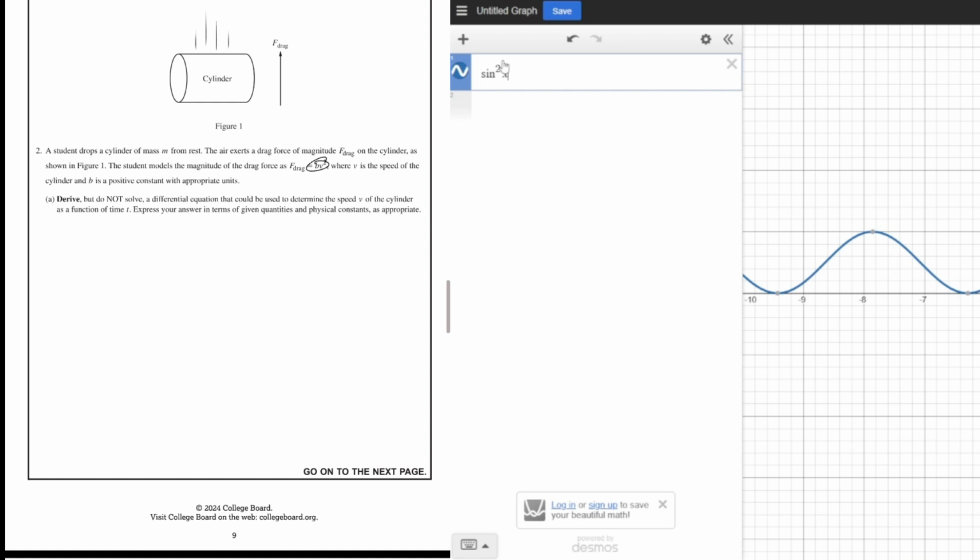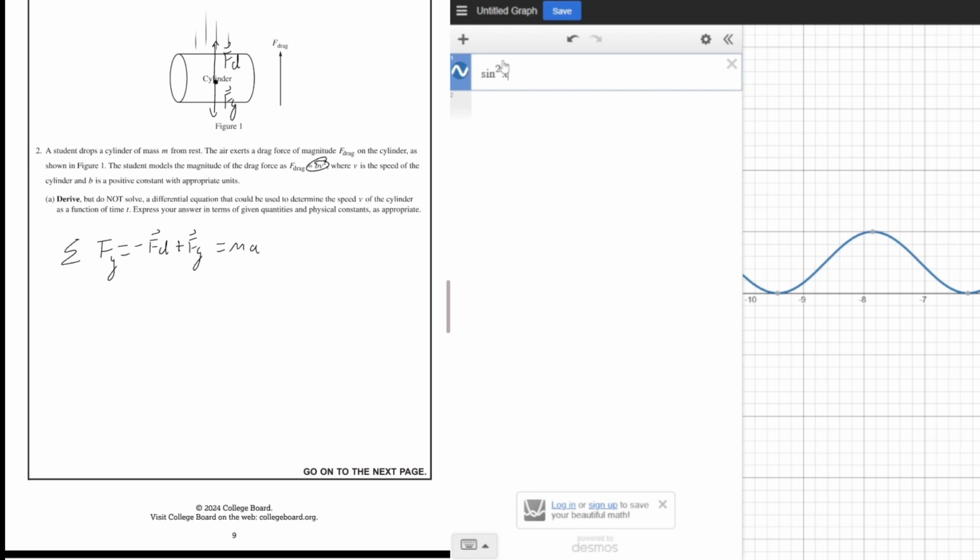Okay, so when you see differential equation and you see drag, you should immediately be thinking Newton's second law. So let's draw the free body diagram just to figure out what's going on here. Force gravity is pulling it down, force drag is keeping it up, right? So my Newton's second law, sum of forces in y, is going to equal F drag minus Fg. Actually, I should pick the direction of acceleration to be positive, is equal to ma,